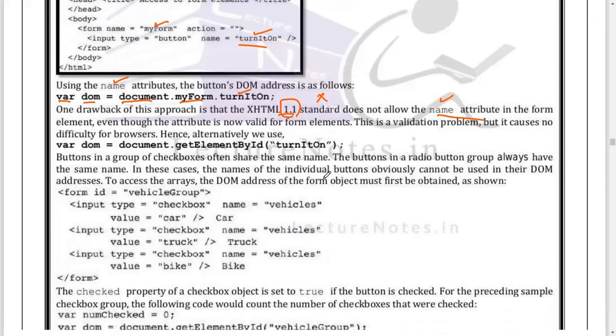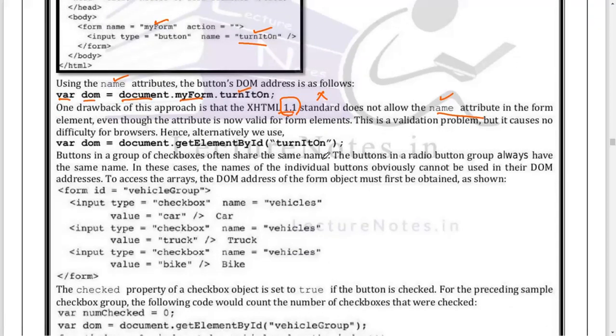To overcome that, we come to the other method, accessing by ID. ID is a property given for all the elements in HTML. Here we have represented an ID for the form, and I can also represent an ID for input buttons or any kind of element we are using. Once I represent an ID, by using that ID property I can differentiate each and every element present in the HTML.